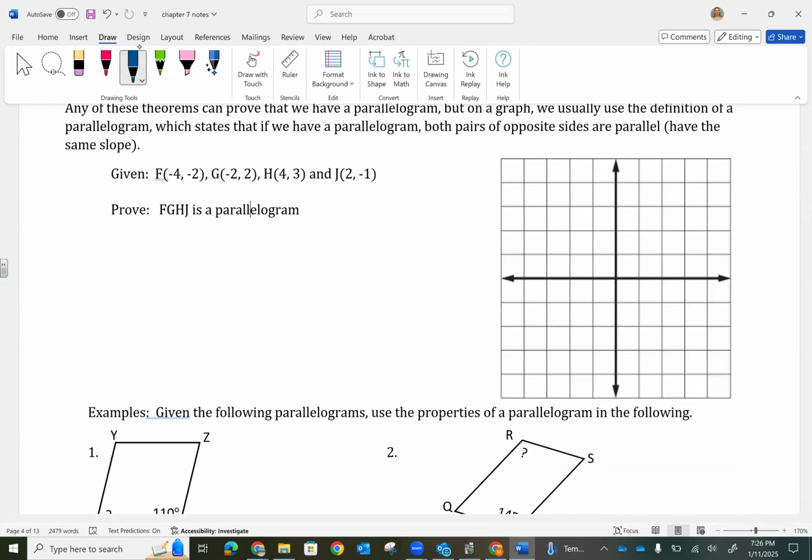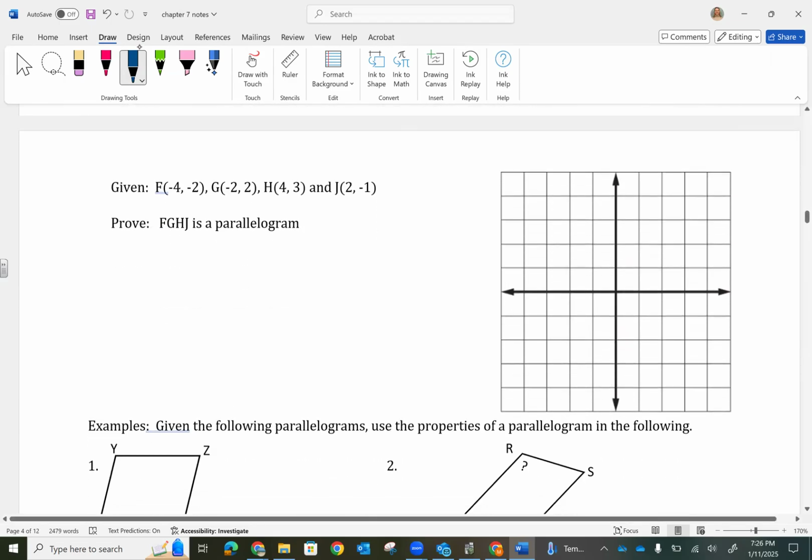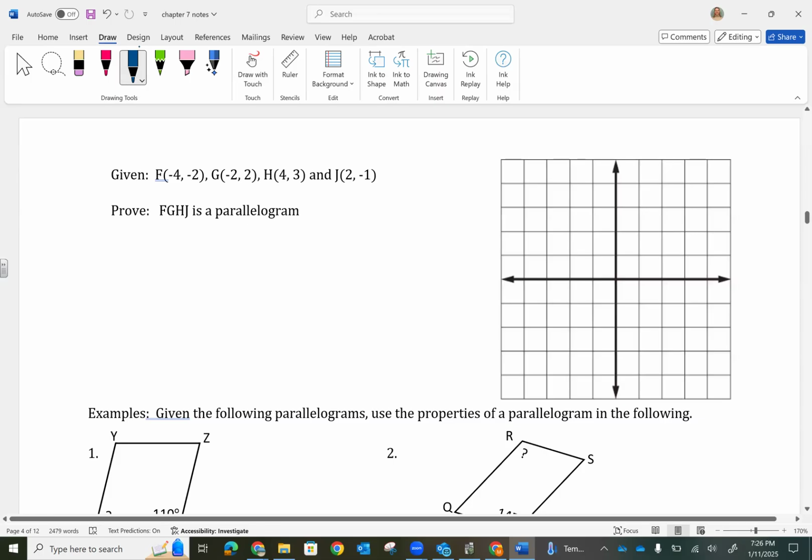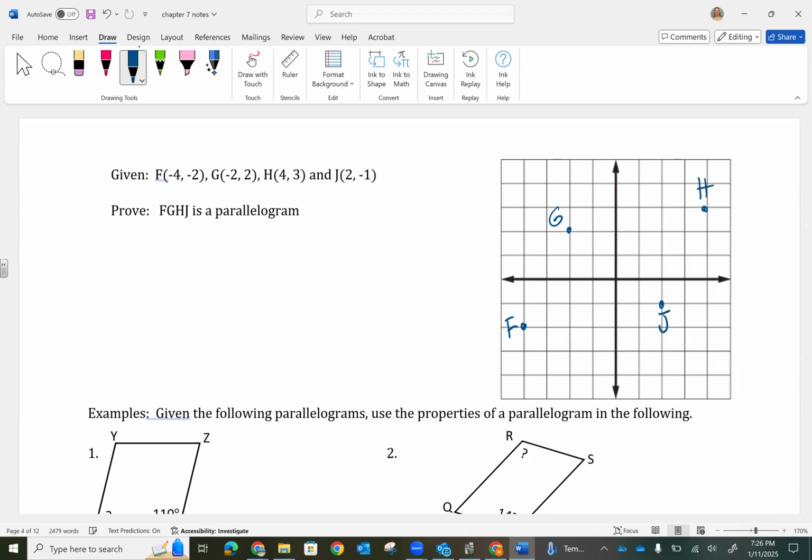So let's just quickly look at this. I'm not going to ask you to do this for a couple sections, but if you want to show that this is a parallelogram, we go to -4, -2, and that's F, and then -2, 2, that's G, 4, 3, that's H, and then 2, -1, that's J. If you connect these, and I don't have a ruler on me, but I'm just going to say if you connect these,